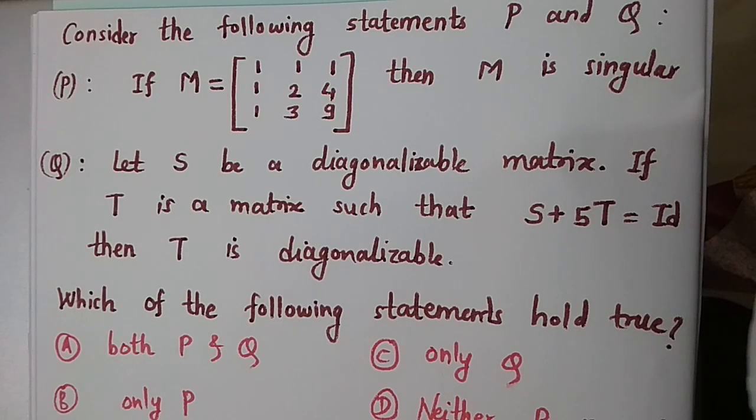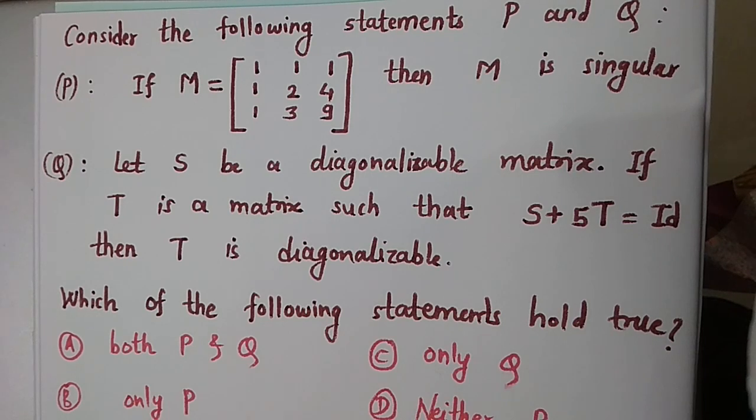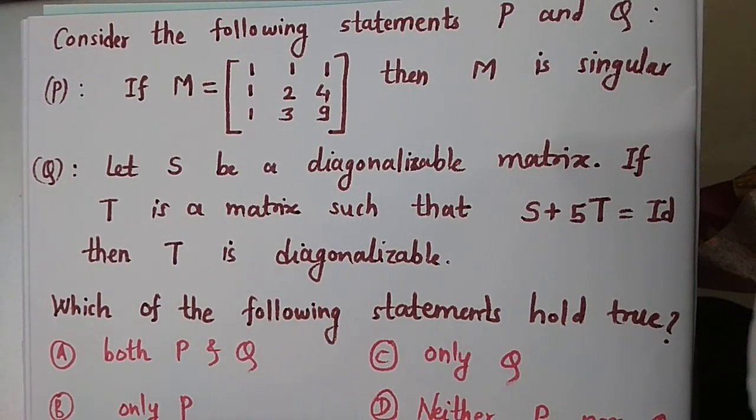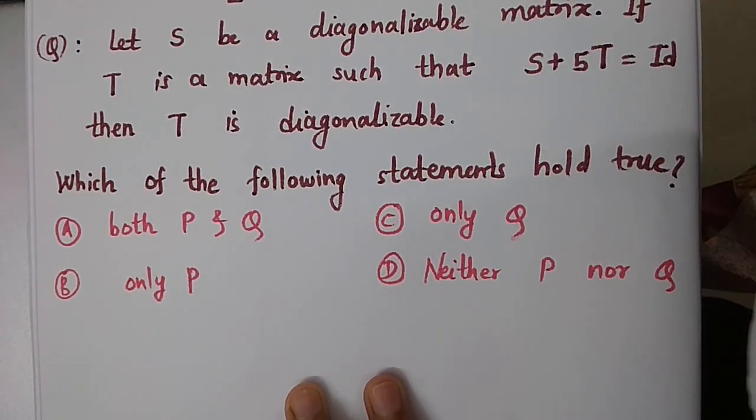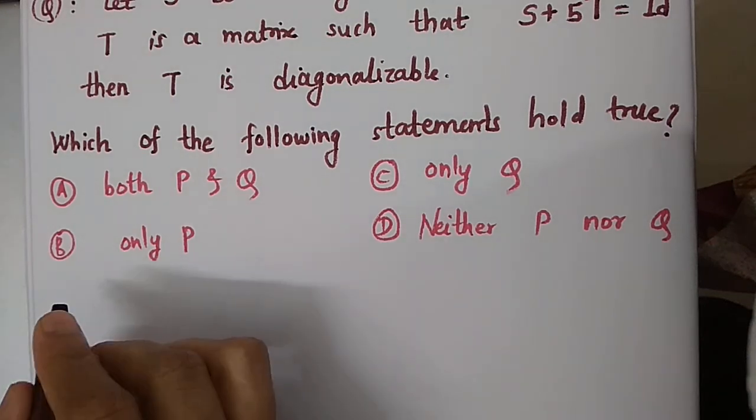And statement Q is, let S be a diagonalizable matrix. If T is a matrix such that S plus 5T is the identity matrix, then T is diagonalizable. So let us see whether P is true or false. We have been given a matrix, so look at the determinant of the matrix M. So determinant M